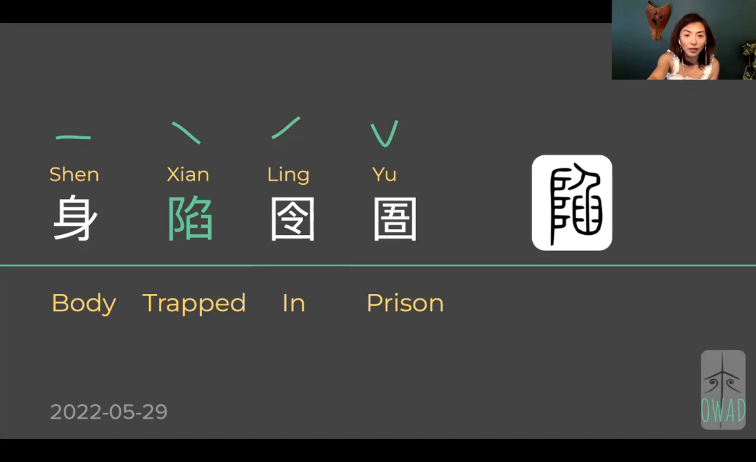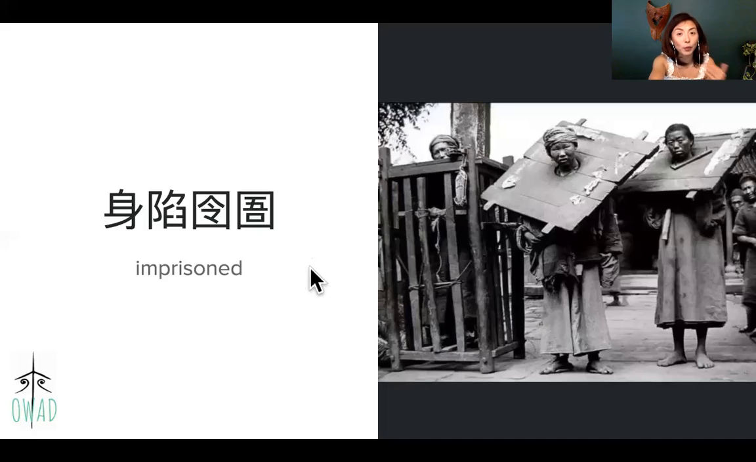So here, imprisoned, 身陷囹圄 is the whole: your body is trapped within that by-order, self-contained space. That whole visual picture